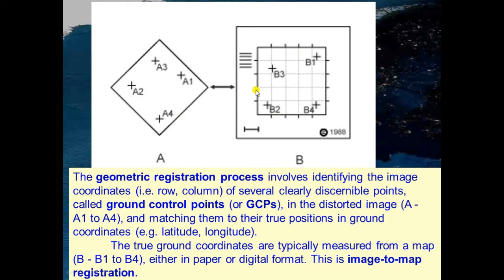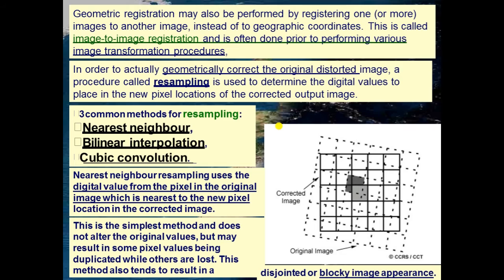We have to match these coordinates with the actual ground control points. True ground control points are typically measured from the map. What are the true ground control points? That is compared to B1 to B4, and the distortion is corrected. It is called image to map registration.